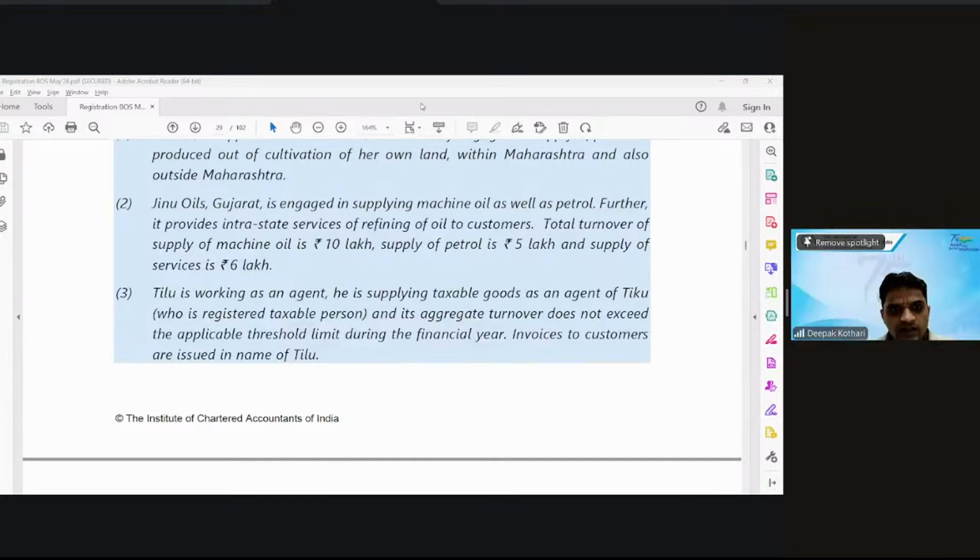Geno Oils is liable to register under GST as its aggregate turnover of 21 lakhs exceeds the threshold of 20 lakhs. Okay. Is that the reason? But he's dealing in petrol also. Petrol is not liable to GST. Adil is saying not required. What's the reason? Petrol supply is outside the purview of GST and supply of services up to 20 lakhs is not required to register. Not required as it involves intrastate supply and petroleum supply. Okay. So what will be his aggregate turnover? Petrol is not under GST. Yes, petroleum is not under GST.